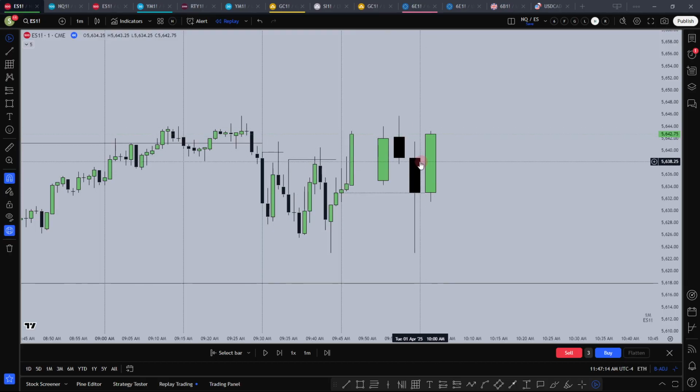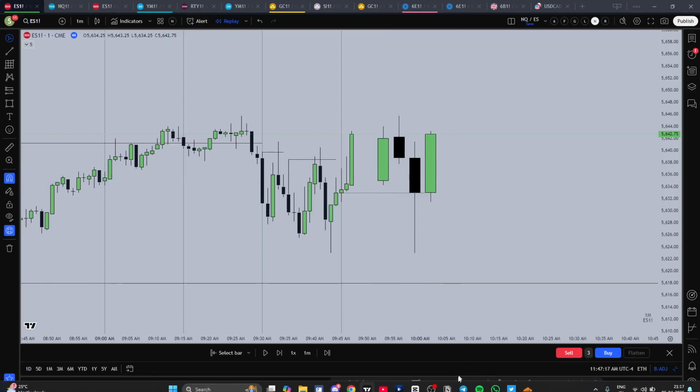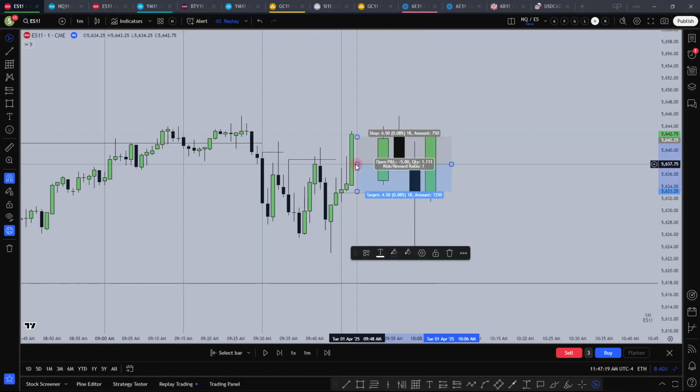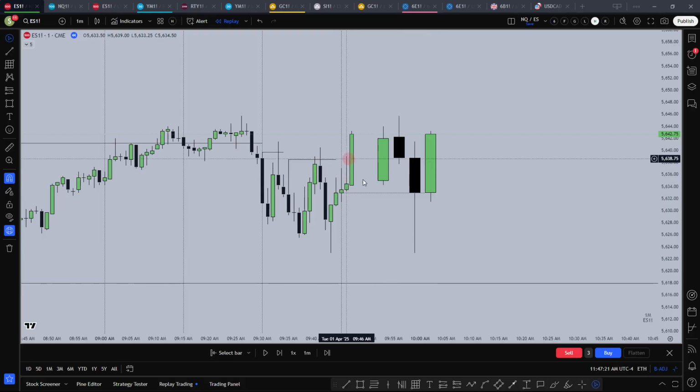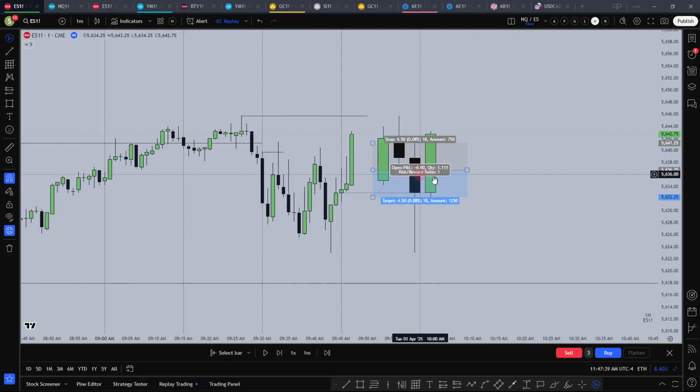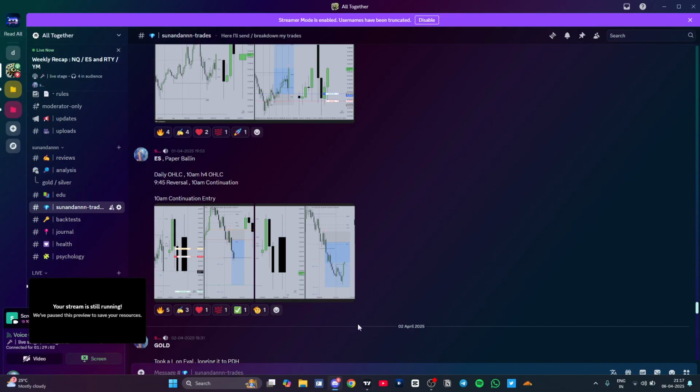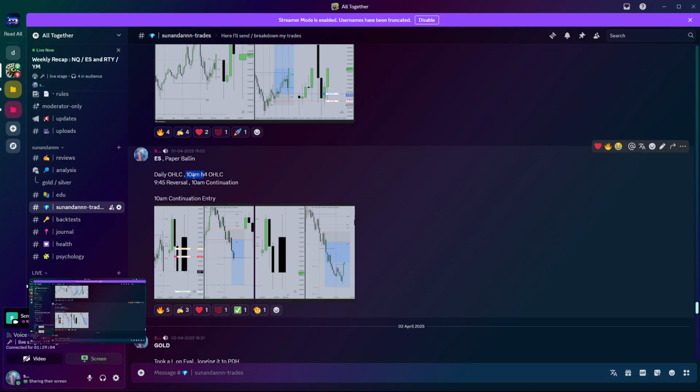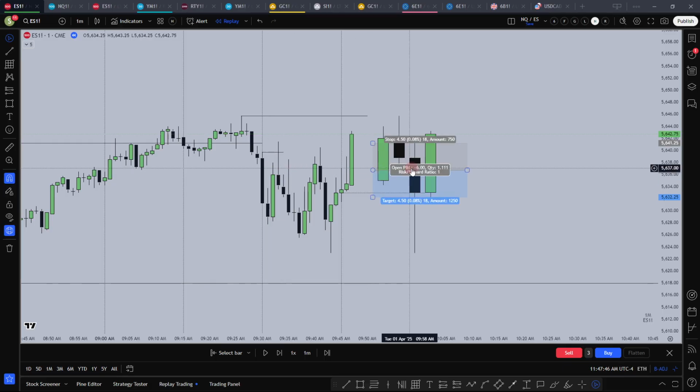So I would rather stay at zero than force entries for no reason, no structure confirmation for me. That's why I didn't take an entry, and that's how my model protects me when I am wrong. It doesn't give me any entry. My bias was wrong, trusting this high, but my model didn't give me an entry at 9:45. I was wondering why I didn't take any 9:45 entry. Only now I got to know why I took the 10 a.m. entry.